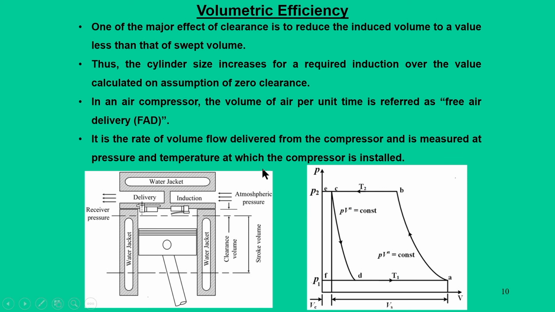So, let us talk about another terminology, what we call volumetric efficiency. What we have seen is that indicated power remains the same irrespective of the clearance. Then the question will arise that there is no limit for the clearance. The other parameter that matters is the volumetric efficiency. Now, if you want a larger volume to be handled by the same compressor, then although we may not have a significant contribution to the indicated power requirement, you have to compromise on the volumetric efficiency or the volume handled by the compressors.